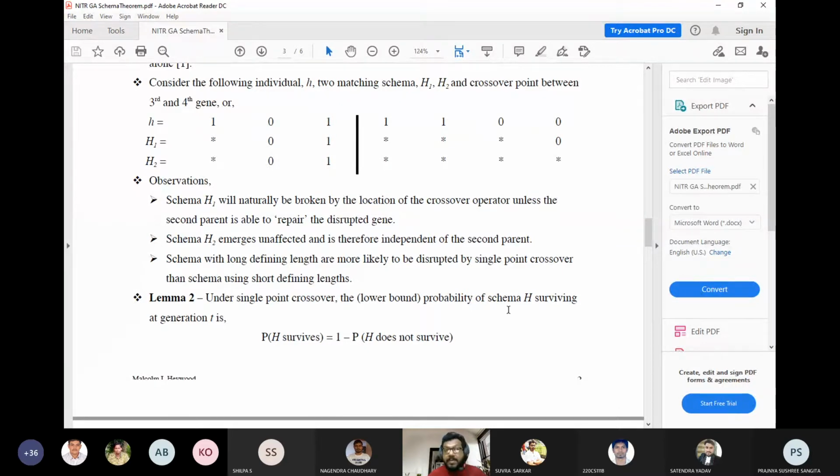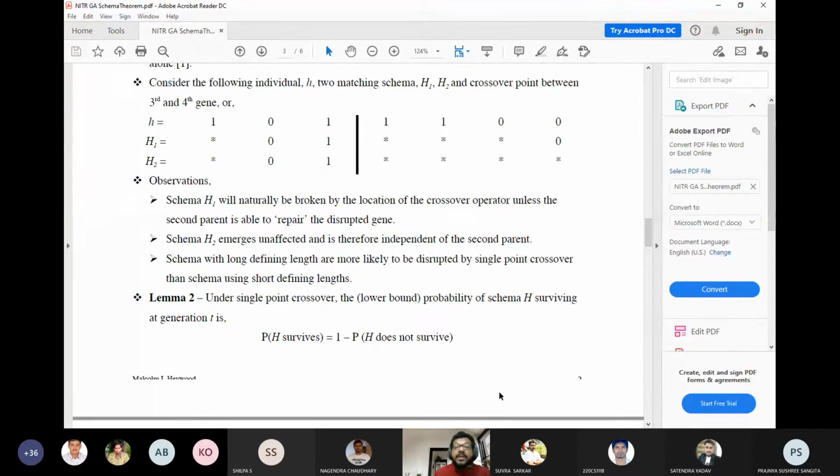Suppose there is a string for a knapsack problem with 10 items, out of which I want the first two items to be selected, 1 1, and then I want the fifth item to be selected, so that is 1. That particular pattern, which we insist all individuals fall into, means their first two bits will be 1 and the fifth bit 1. That is a must. That is known as a schema. So we'll discuss the complete schemata theorem.